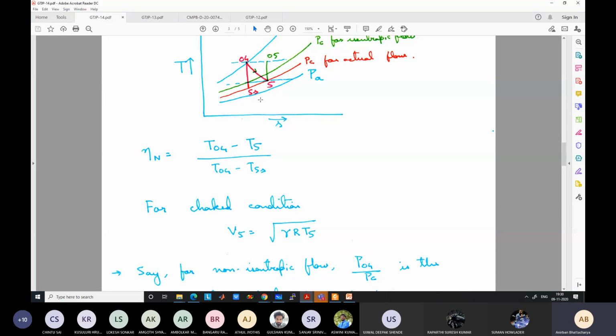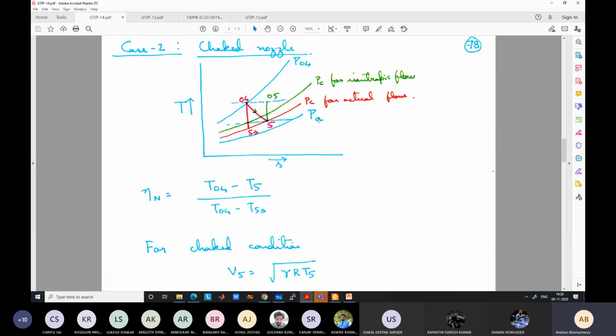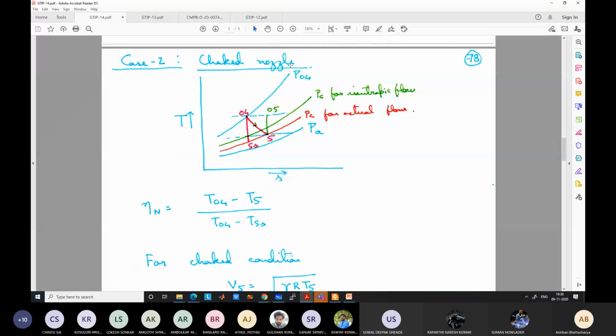Now let us go through the steps for this problem. Okay. So you know the inlet condition of the nozzle. Inlet condition is T04 and P04. Both are known from the calculation of the turbine. We want to find out the